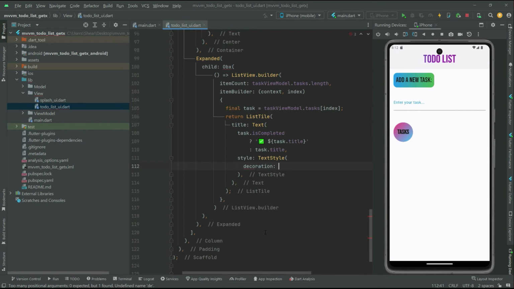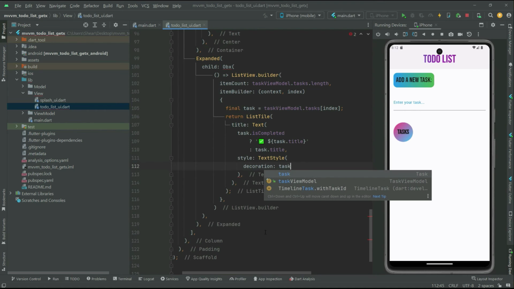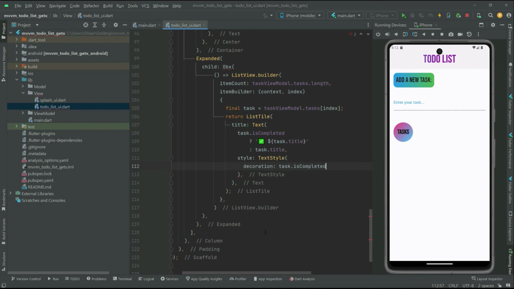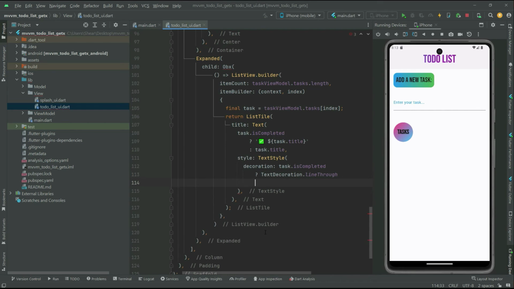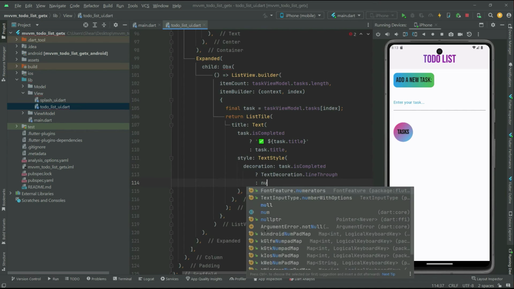Now in here what I'll do, I'll say if task is completed, then in here conditional operator if, then we'll take the text decoration over here and we'll go with a dot line through, and on the flip side if that's not going to be completed, then we will show this specific decoration called null. Okay,